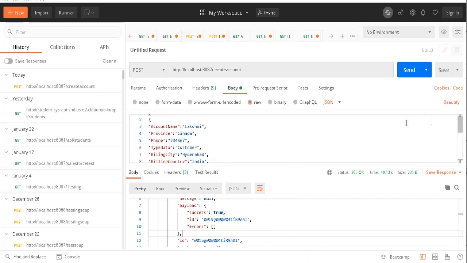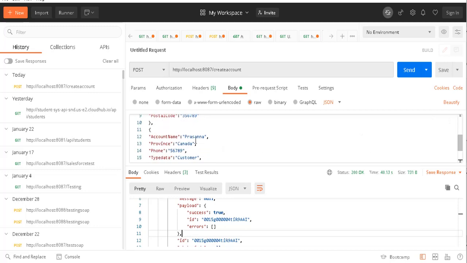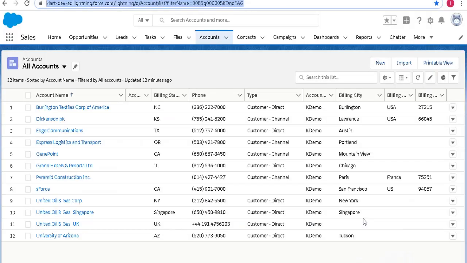Now we need to verify if these two accounts are there in your Salesforce account or not. So account name is Lakshmi and here account name is Prasanna. So two records need to be inserted in your Salesforce. Okay, you need to refresh this page. This is your account section of your Salesforce account, right? So once you refresh this page, you should be able to see those two records. That is how we can verify these two records are getting created or not.